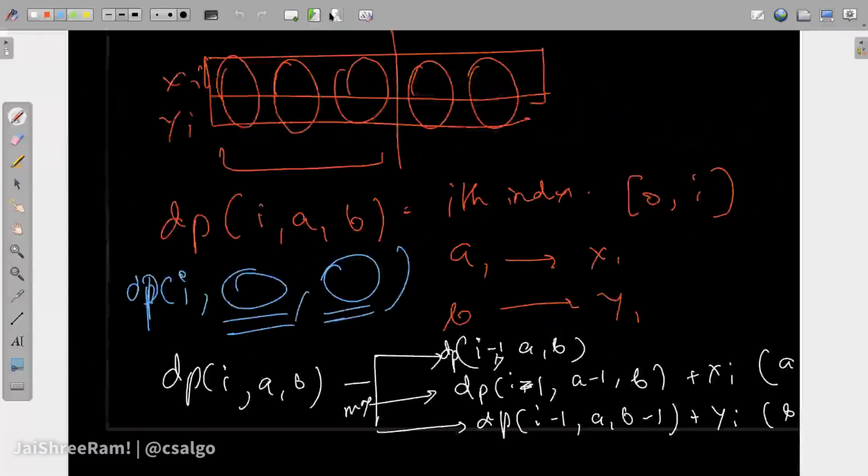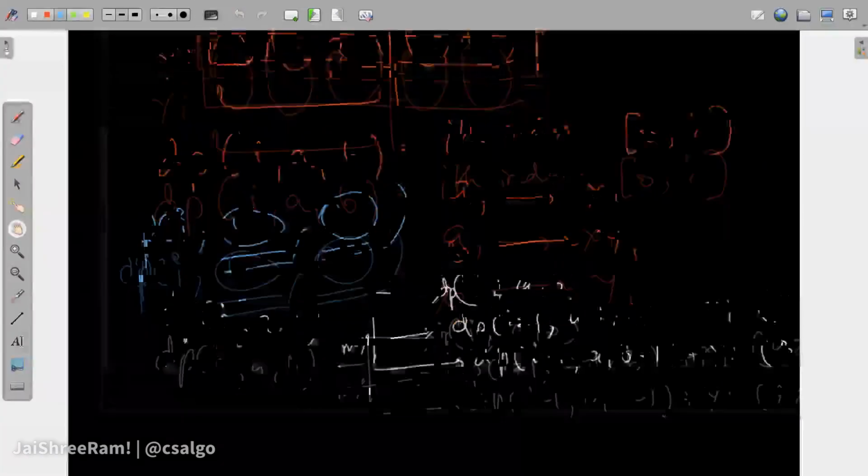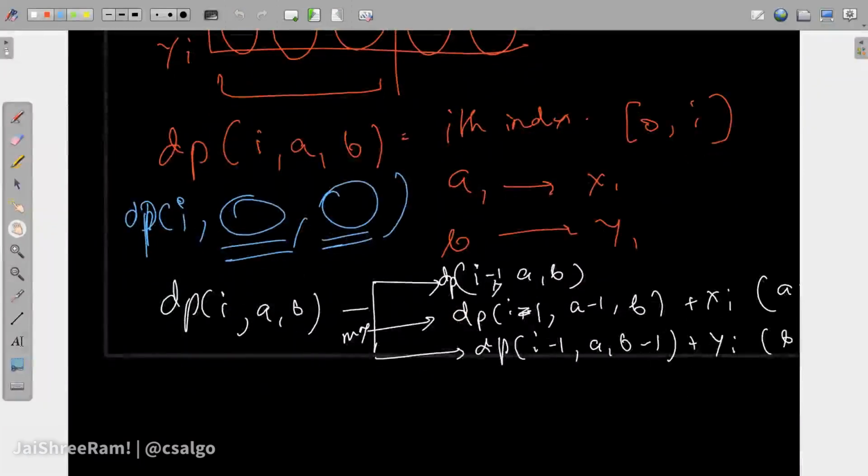So if a plus b, yeah, let's talk about that as well. First let me complete this one. In general, when you want to find the state, think about the constraints, or sum, or let's say parity, or whatever you need to maintain, the constraints of the question that you have to maintain for the solution space, through the states. These things you keep in the state, so you have to take at most a only, so a